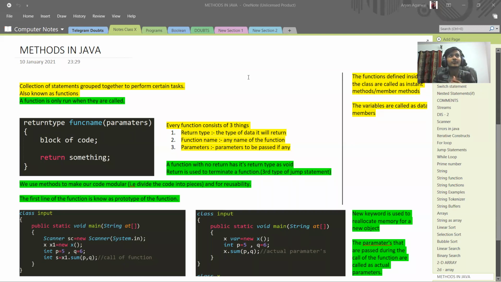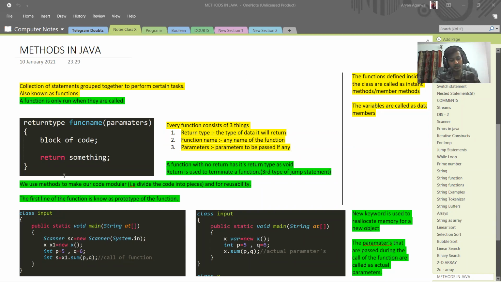Like I gave you an example of a dog: you tell a dog to eat, and the dog will only eat when you tell it to. Suppose you have a dog and you call him or her. The dog will only come to you when you call it. The same thing happens here: a function is only executed when it is called. Make this a point.